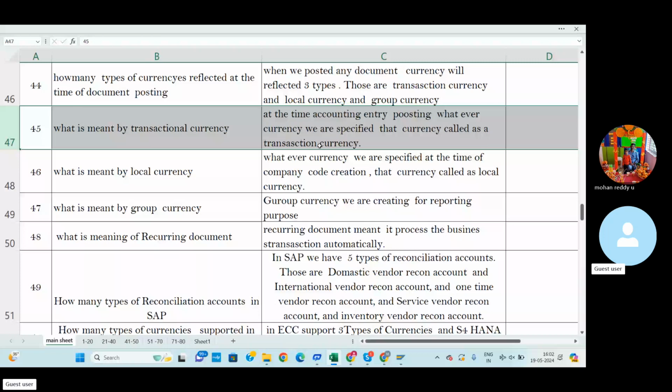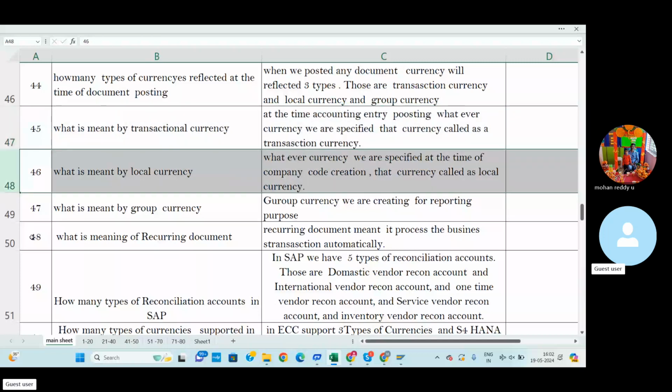And local currency: whatever currency we have specified at the time of company code creation, in the enterprise structure or global configuration settings, that currency is called the company code currency.